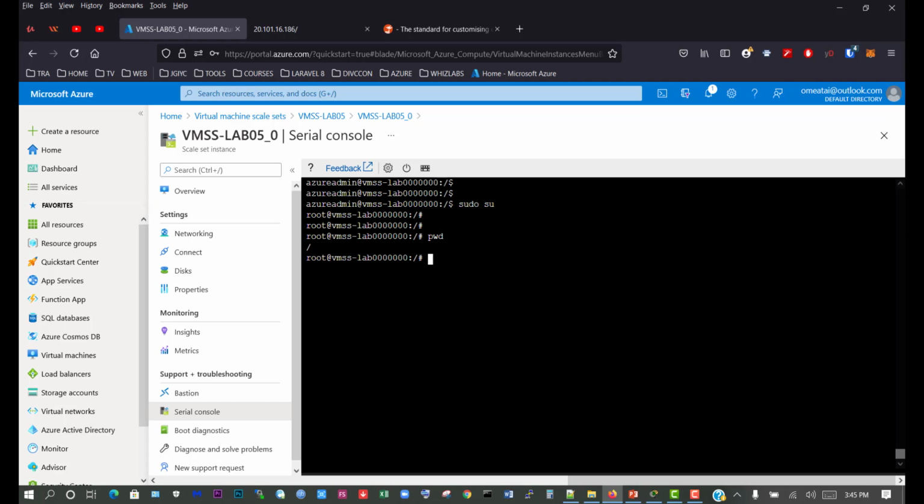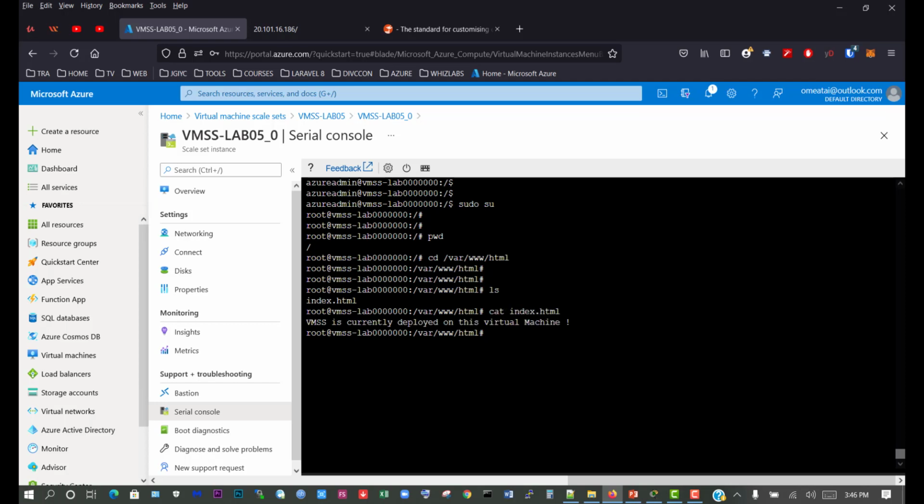So we're going to connect to the HTML file. We'll just say cd, then we'll go into the var folder, www, and then we'll go into the HTML folder. And now we are there. We'll list what we have there, and we have index.html. So we're going to see what's inside the index.html,